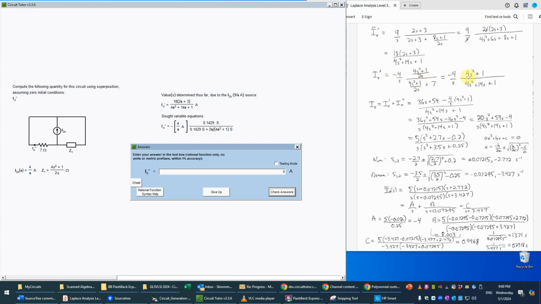So we'll multiply here by the common denominator of both the numerator and the denominator, which is 2s, since they both have the same fraction there. So we multiply the top and the bottom by 2s. So we have negative 4 over s still, times now just 4s squared plus 1 here. And here this part remains 4s squared plus 1. But then we're also going to have the 4s squared here, and there's the 1. But then we multiply by the 2s, this becomes 14s. So I put that in the middle to have the standard order of the polynomial, the way we normally do it. Okay, so that's our answer, and we'll just type that in here to let Circuit Tutor check that for us,